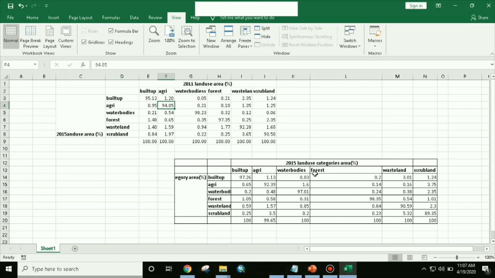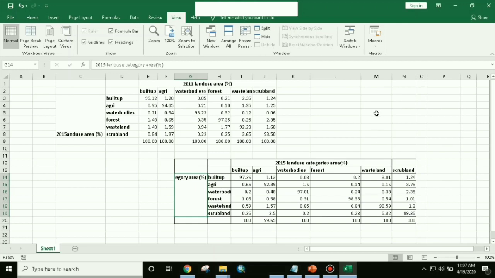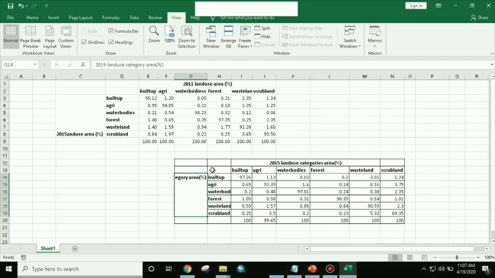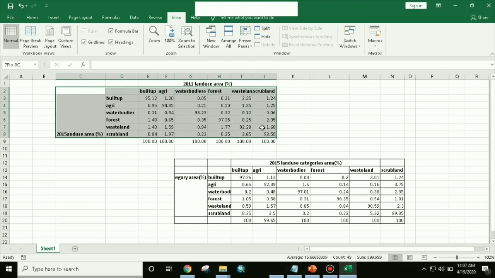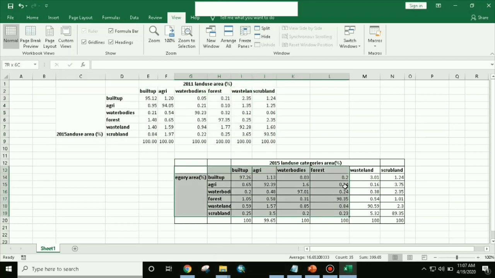Same way here also, as we finished 2015 here, we are continuing with 2015 to 2019. Here also the same thing. So the full land use land cover change data is given over here. How we are going to implement this data on the Sankey diagram, that we are going to see. First we are going to write this one, then we will write this one. One by one we will see.